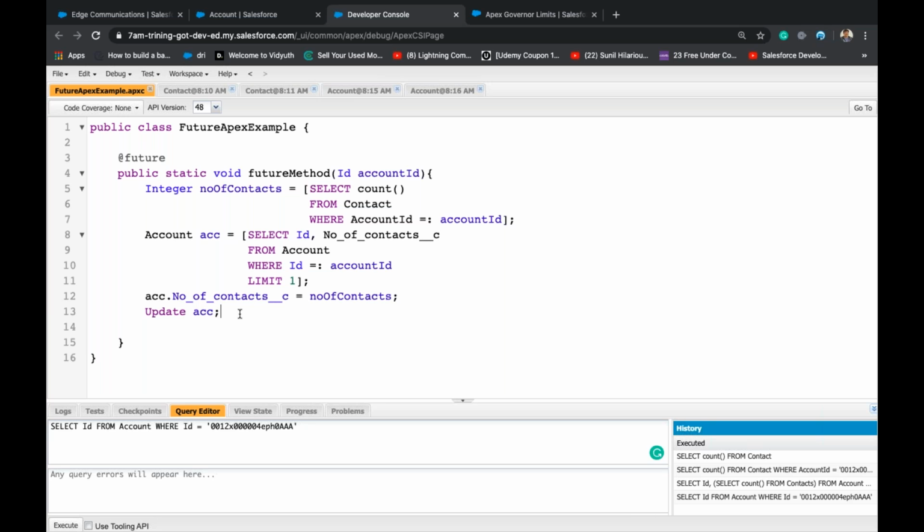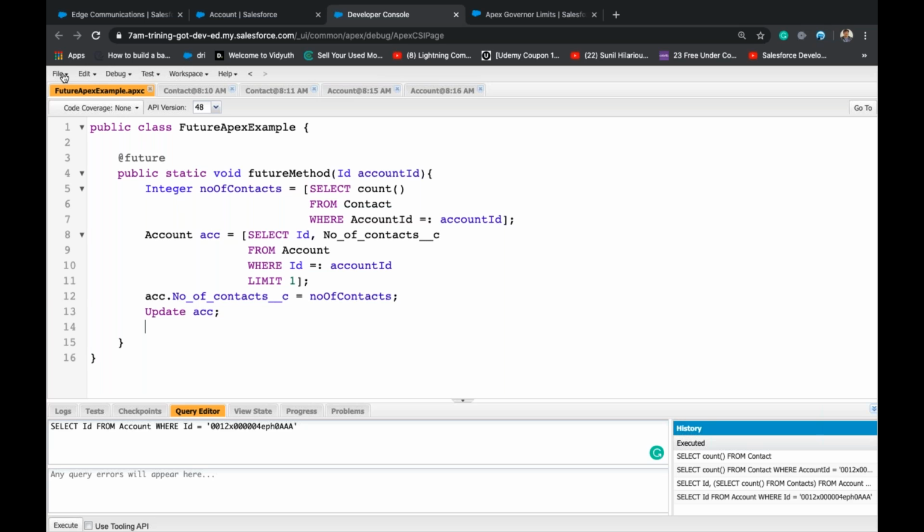So what am I doing? I'm just checking the number of contacts for an account, then getting the account details, assigning that value to the number of contacts field, ACC dot number of contacts is equal to number of contacts, and updating ACC, right? So this will execute in future.